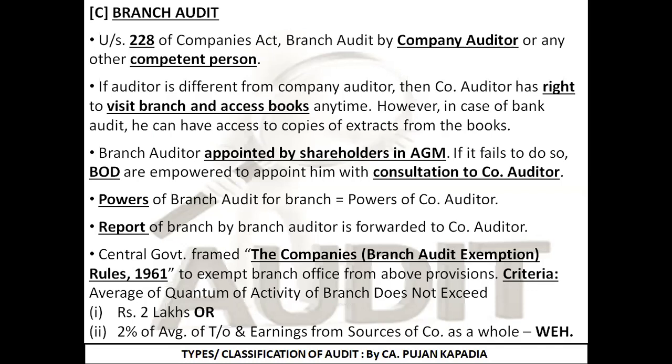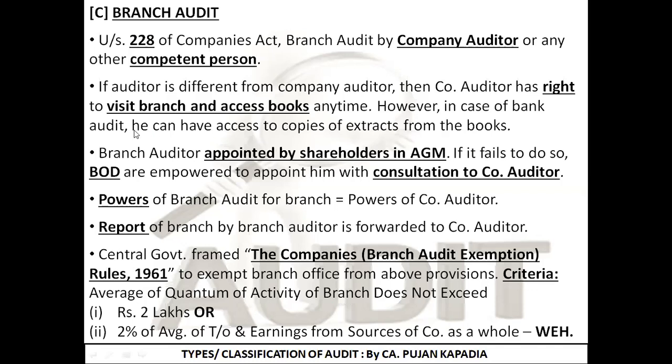So you can understand, the company auditor is the supreme one. He is at the top. Under him, the branch auditor is doing his duties. In short, the rights of the company auditor for the company as a whole are unaffected. Though the registered office is in Mumbai, he can visit any branch around the country as and when he feels the requirement. So the rights of the company auditor to visit the branch and to access the books of accounts are as they are in the case of the company he is auditing.